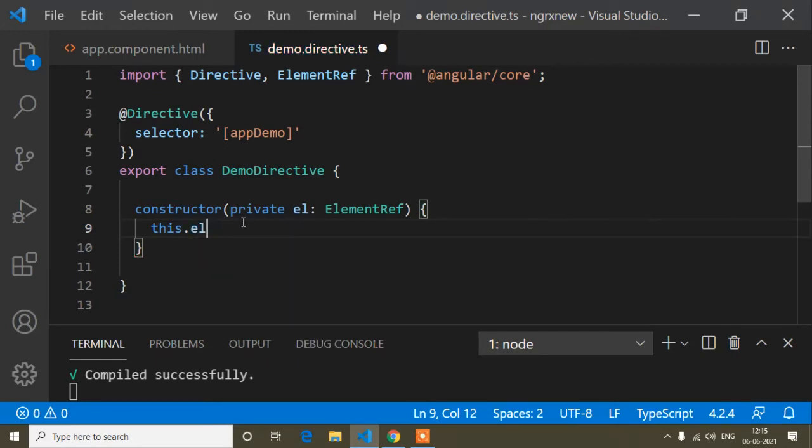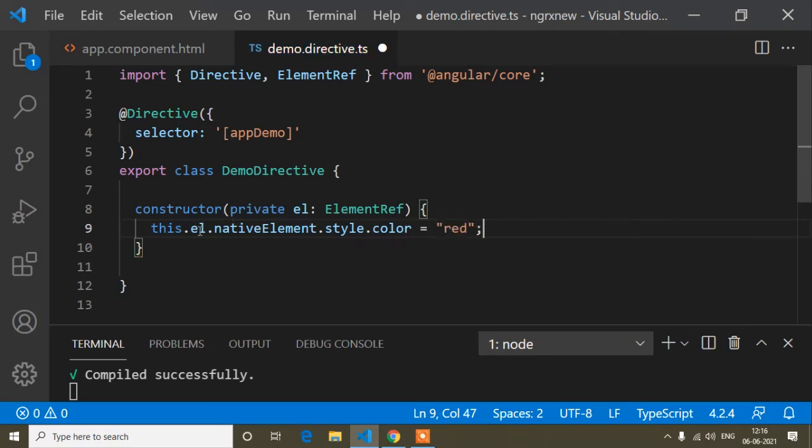So here this.el, where el is the variable, and I'm accessing it inside this constructor method, so we have to use the this keyword. So this.el, and here you have to pass nativeElement. This is the syntax for getting an element. So nativeElement, now .style, and then .style.color, the same way we write in JavaScript, like style.color, style.display. Same thing you write style.color and the color name. The color name here I will write red.